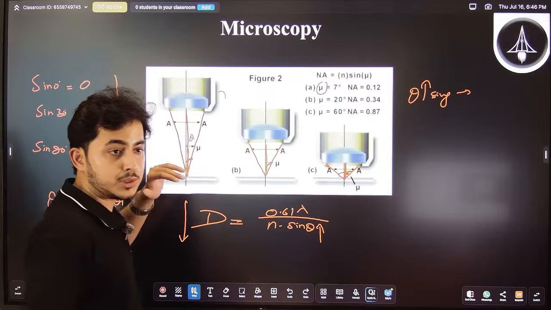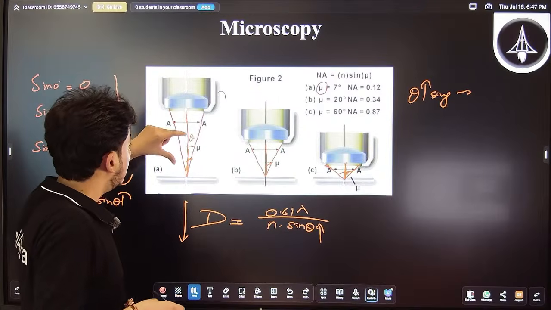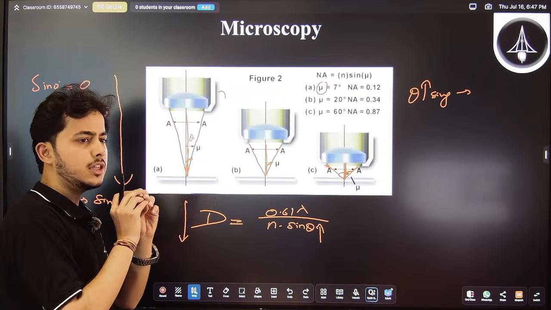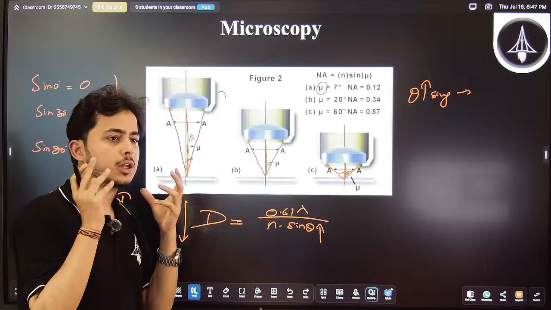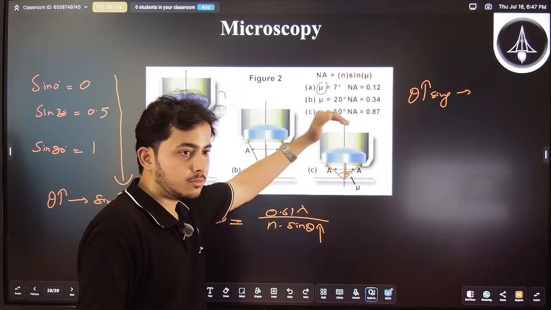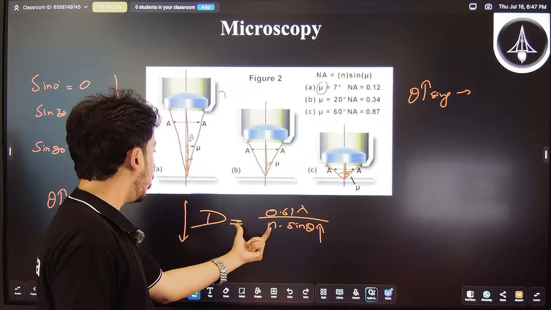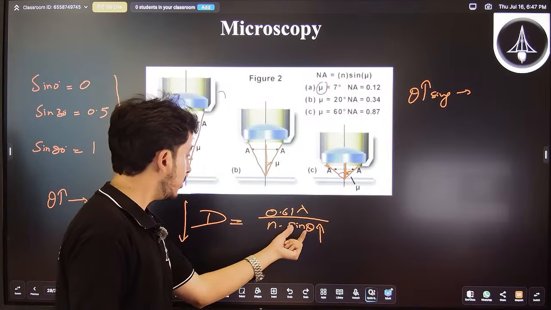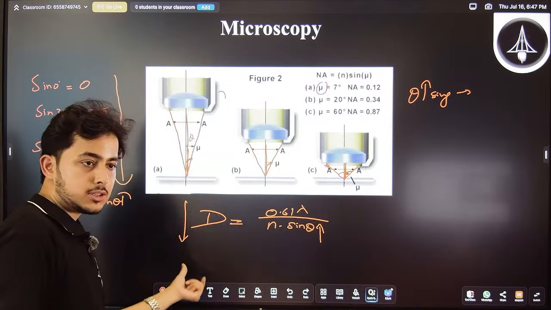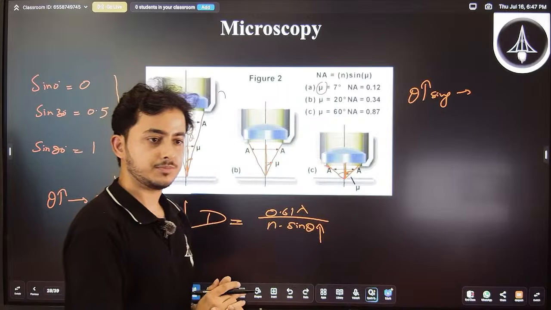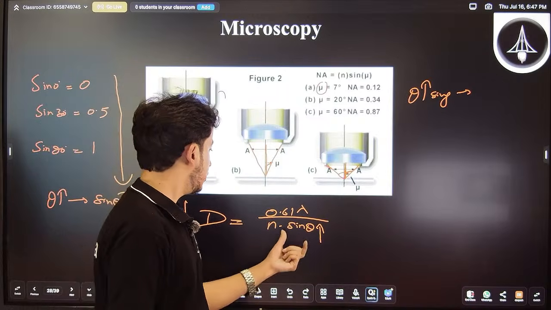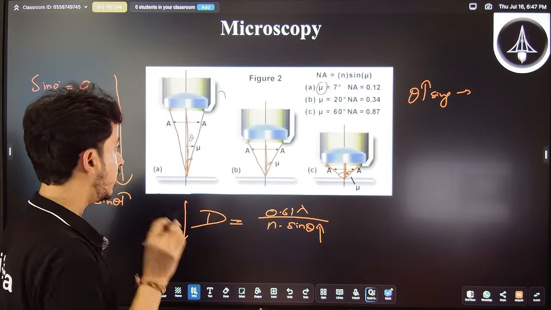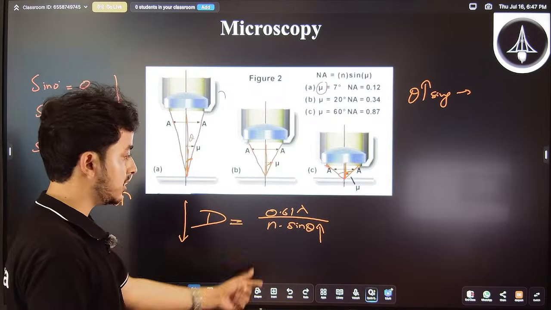So that's why you have observed, whenever you see in the microscope, if you are at this much distance, you will not observe the cells clearly. You will have a very haphazard, blurry image. But as you bring this lens close, you observe the image much more clearly. That is because the sine theta increases, limit of resolution decreases and resolving power increases. Clear? Very good. So now what you have to understand is, what could be the maximum value of sine theta for this particular thing?